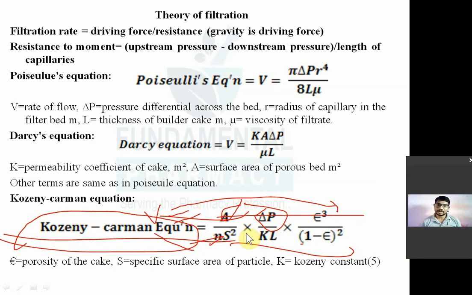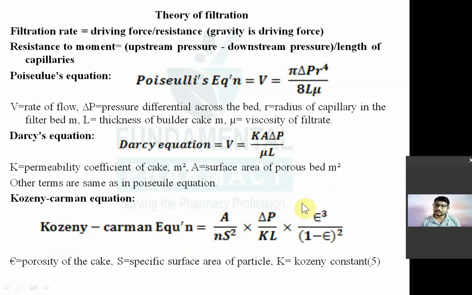As there is an increase in the thickness of your cake, जो केक फॉर्मेशन हो रहा है फिल्टर मीडियम के ऊपर, उसका थिकनेस जितना ज़्यादा होगा उतना रेट ऑफ फिल्ट्रेशन कम होगा, बिकॉज रेट ऑफ फिल्ट्रेशन इज इनवर्सली प्रोपोर्शनल टू द थिकनेस ऑफ केक. फॉर्मूला, इट इज डायरेक्टली प्रोपोर्शनल टू द पोरोसिटी ऑफ केक। और अगर वो पोरस है तो उसका रेट बढ़ेगा, पोरोसिटी जितना बढ़ेगा उस केक का रेट ऑफ फिल्ट्रेशन बढ़ेगा। ठीक है, दीज आर द डिफरेंट फैक्टर्स अफेक्टिंग ऑन योर रेट ऑफ फिल्ट्रेशन।